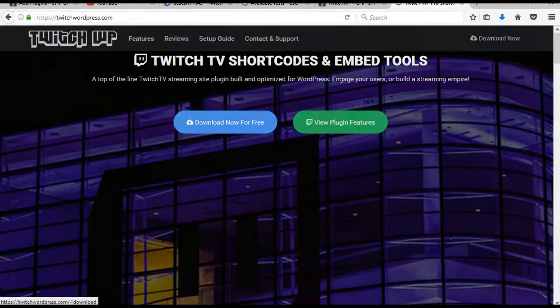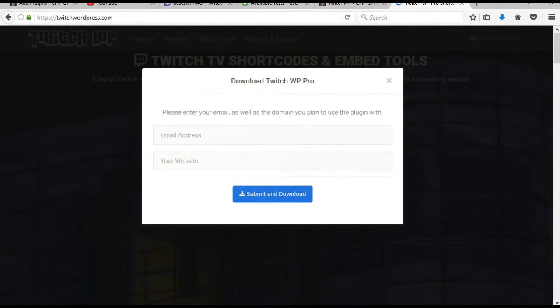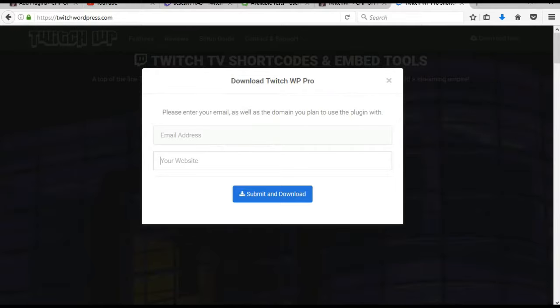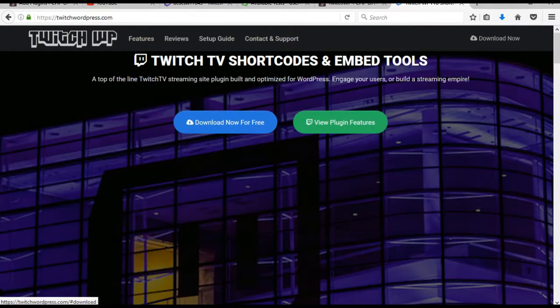Once you go there, you're going to go ahead and click download. You're going to enter in your email address and your domain of the website that it's going to be on. Submit and download, and then they will go ahead and email the plugin to you. I don't have my email open, or else I would show you that, but basically you're going to get an attachment,